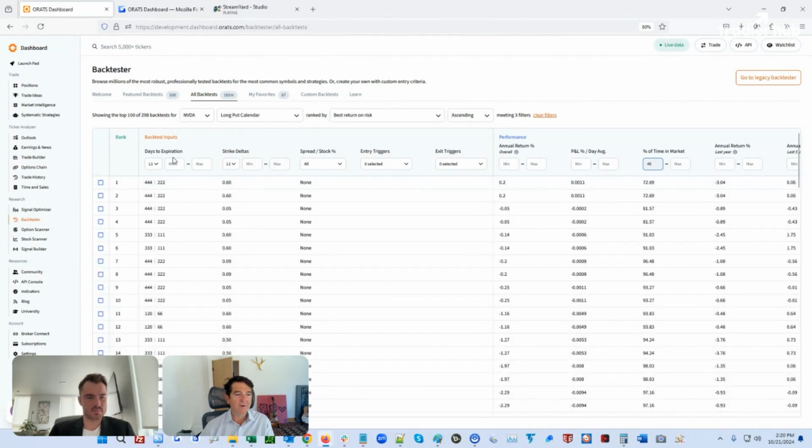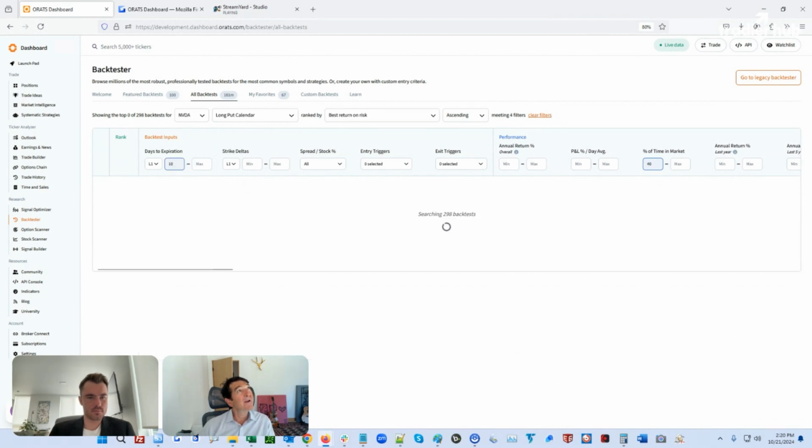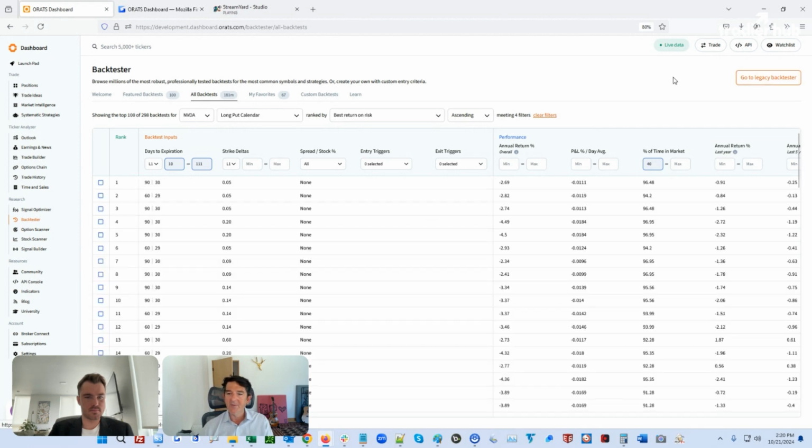Yeah, in general, these are longer term, so we want to do something that's over 10 days, but less than 111 days. And it has to go look through 181 million, so it does take a while. Tyler's talking about the legacy back tester. I think we don't quite have enough time to get into all of that detail. This is showing that generally